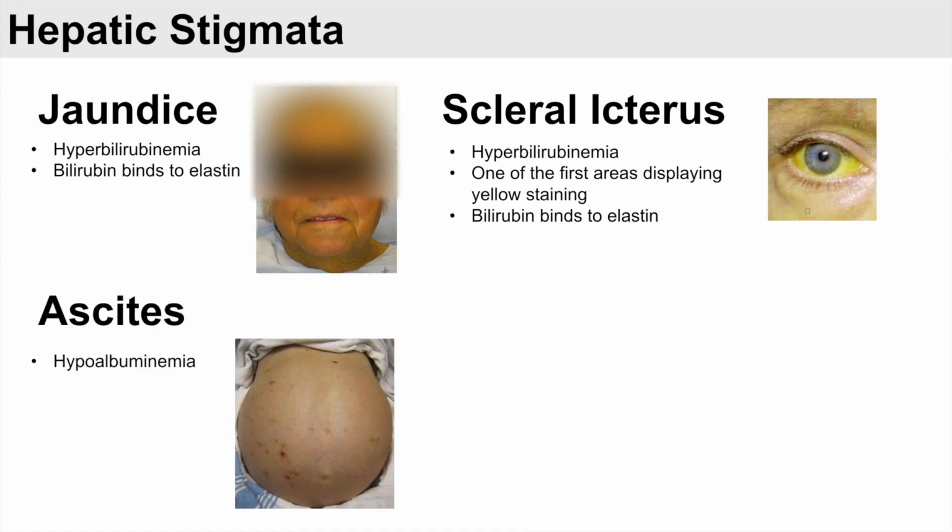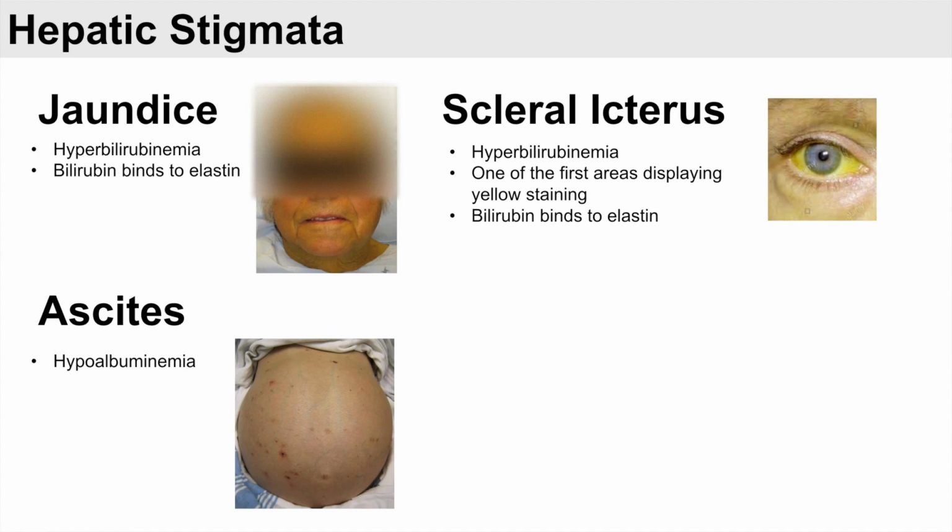Now, another hepatic stigmata is ascites, a collection of fluid within the abdomen, and it is due to hypoalbuminemia. Now, albumin is a highly abundant protein within our blood. This protein is produced in the liver. The function of albumin in the blood is to create colloidal pressure and draw interstitial fluid back